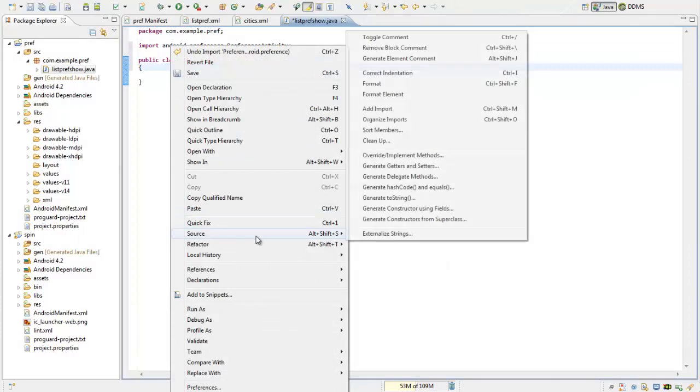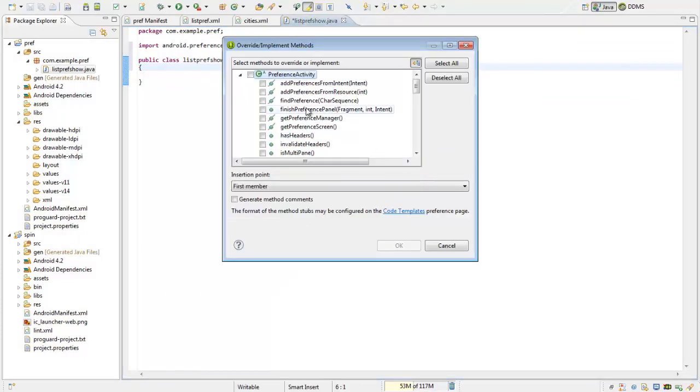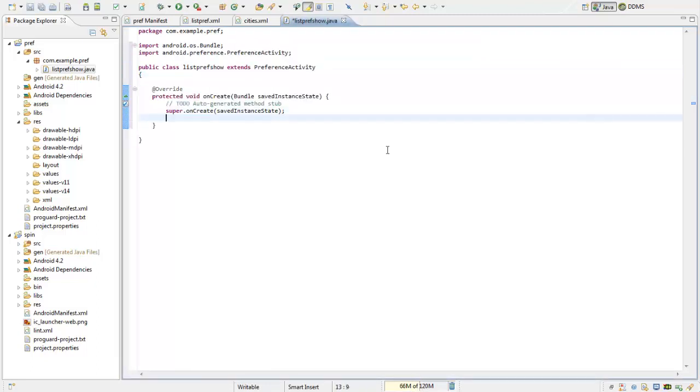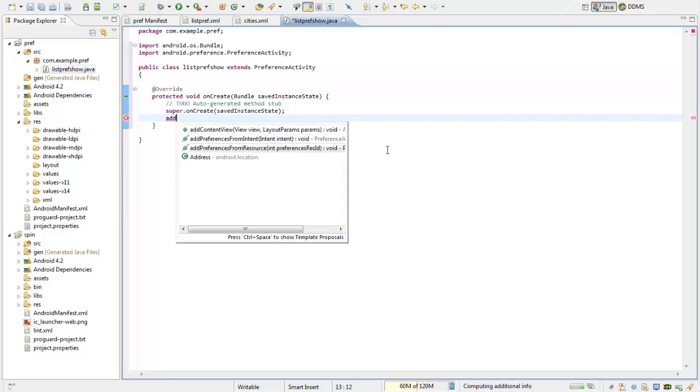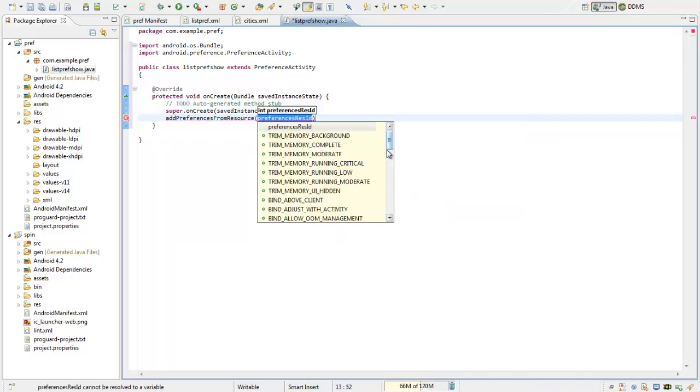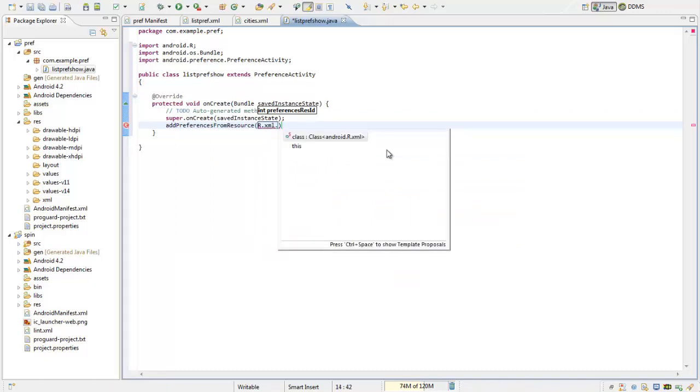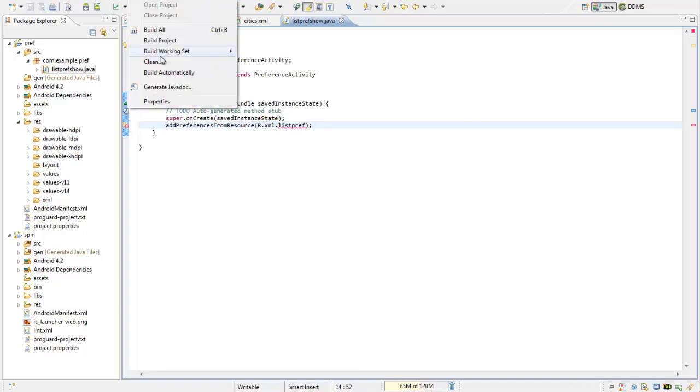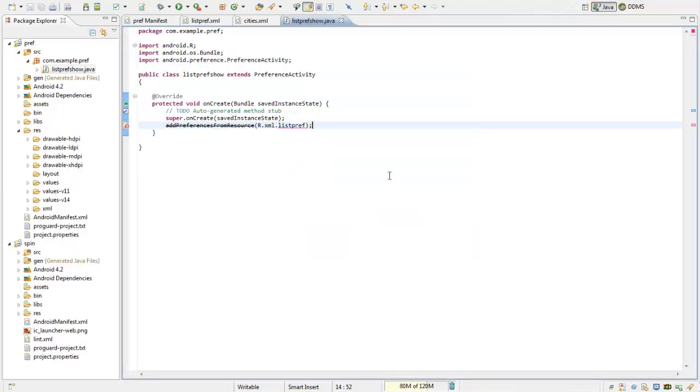So I'll just create the onCreate method, and we'll add preferences from resource, and the resource is R.xml.listpref. As it is not identifying this, I'll just clean this project. So we got this. So I have added the preferences from the resource,